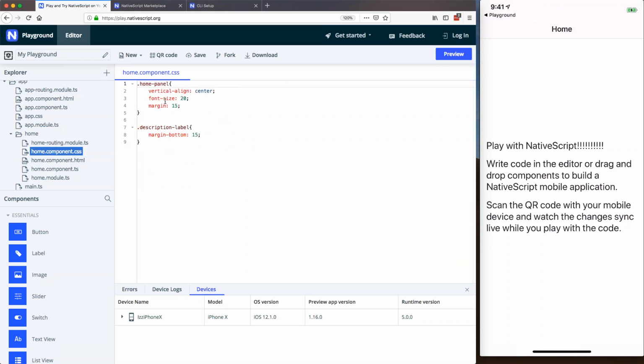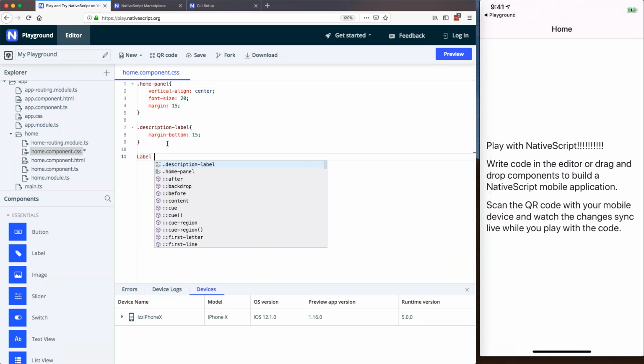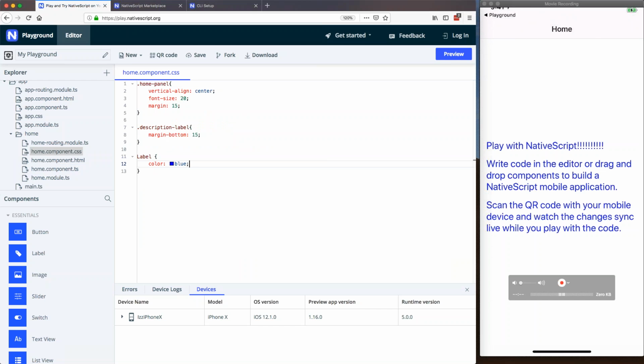The second is CSS. So I mentioned earlier that in NativeScript, you use CSS to style these controls. So if, for example, I want all my labels to be blue, I could type that in here and instantly change what I'm seeing here. Now, I did also mention, if you're paying attention, that we use a subset of CSS for NativeScript. Because, again, remember that I don't have a browser over here. So I couldn't just take, for example, a web CSS file, toss it in here, and expect things to work